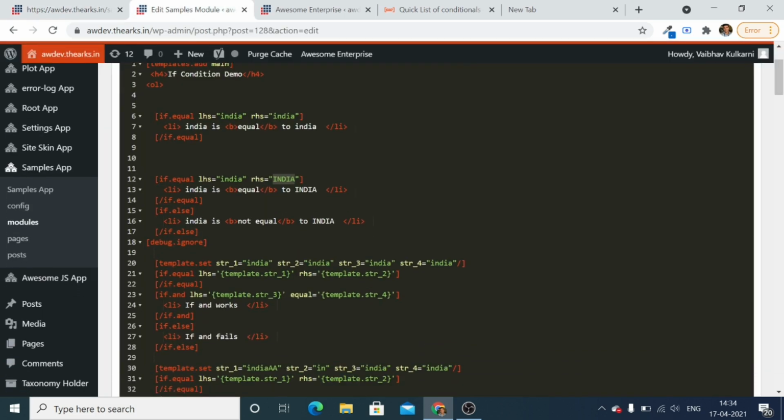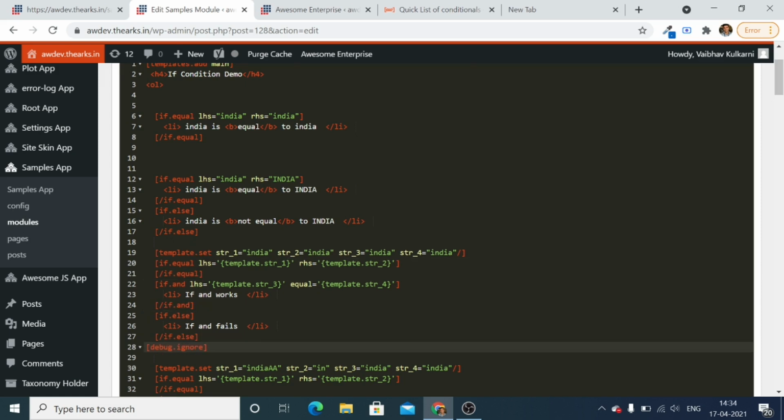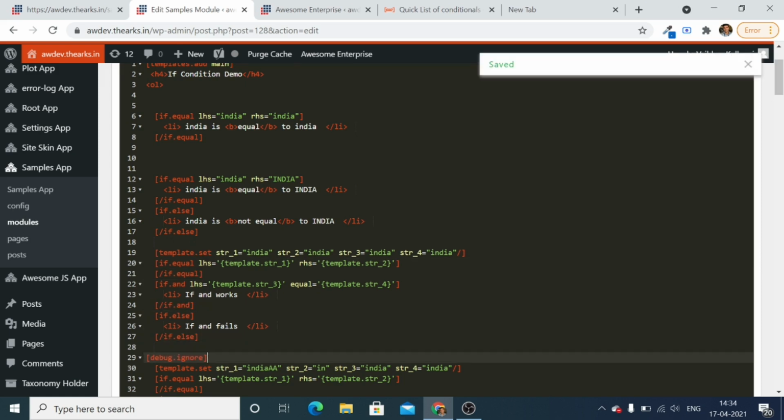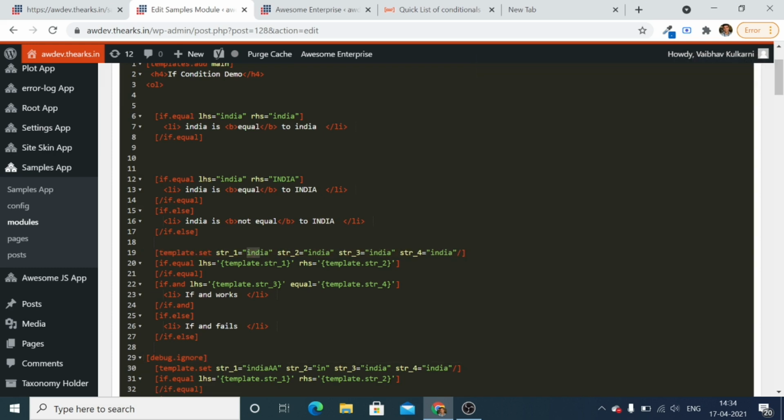Now let's check another example of how we can achieve the AND condition. So we have four strings, 1 2 3 4. If this condition is matched, this first string and second string are equal, and the third string and fourth string are equal, then it will show if and worse, otherwise it will show if and fails.